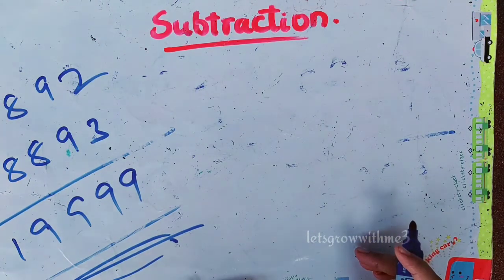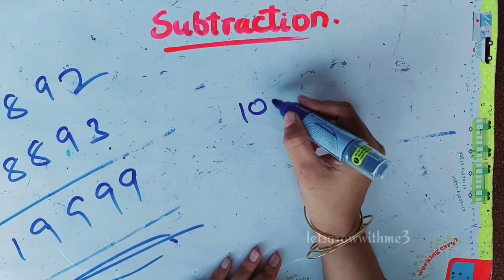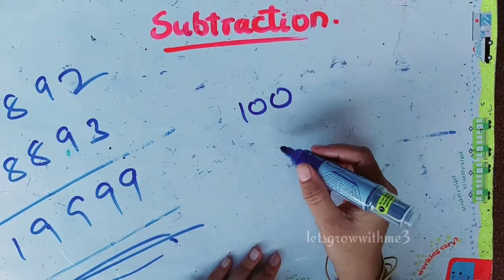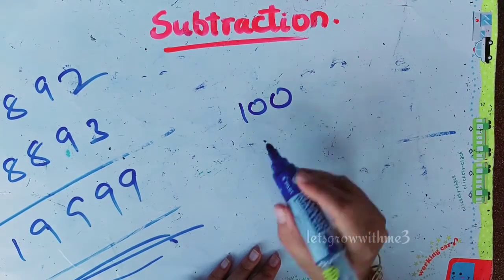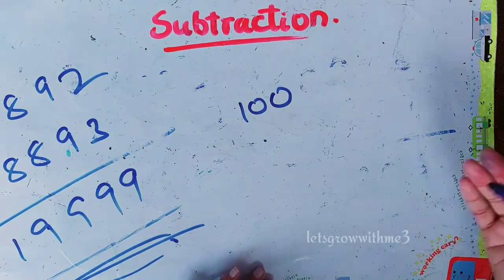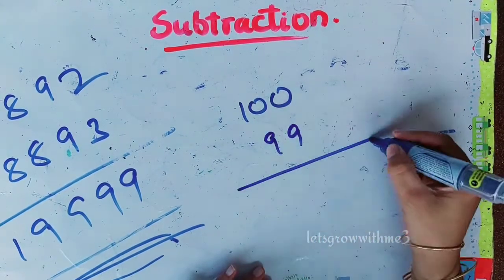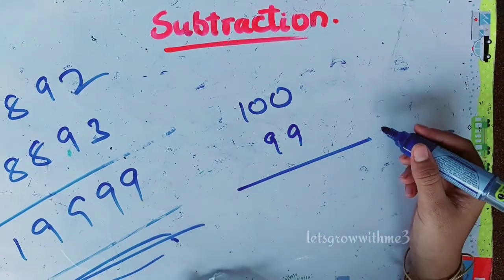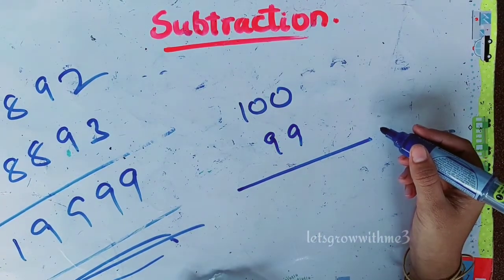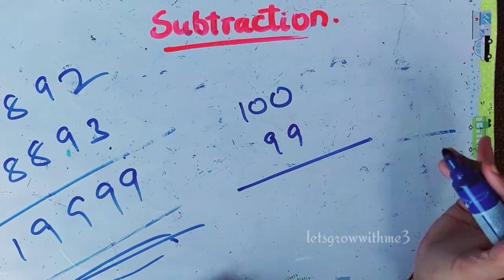When you are subtracting some value from multiples of 10, how to do it easily, that I will teach, because we are going to use that topic further. So let me explain that first. Suppose I am subtracting 100 minus 99. How do we do it using Vedic maths? Directly you can say the answer, it's not a big deal, because the numbers are very easy, 100 minus 99 is equal to 1, but I will show you how to do it through Vedic maths.